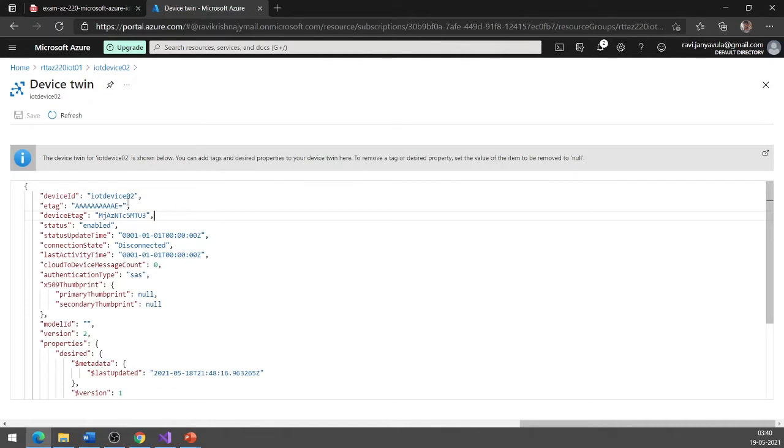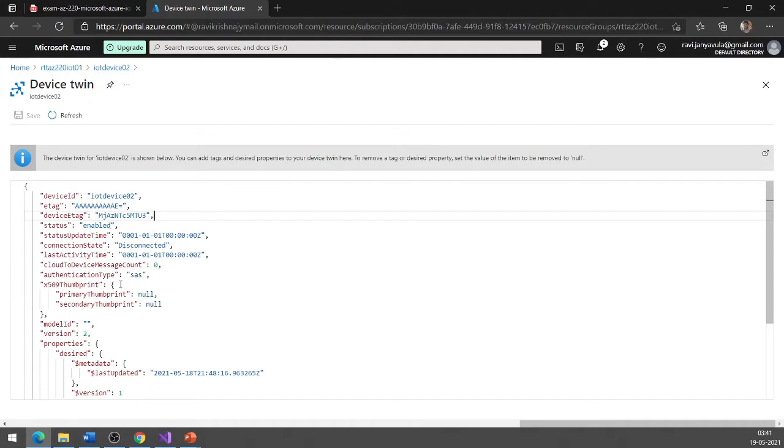So the device ID, as you know it, that's the identity, the unique ID of the device. The e tag is something which you shouldn't be bothering about. That is maintained by the IoT hub itself. Whenever there is a change in the device twin, this e tag gets changed, so that we can differentiate between the changes in the device twin. This e tag update is handled by the Azure IoT hub, and if you are using your own custom program, it is handled by the Azure IoT hub SDK itself. Even the device e tag is handled by the IoT hub itself.